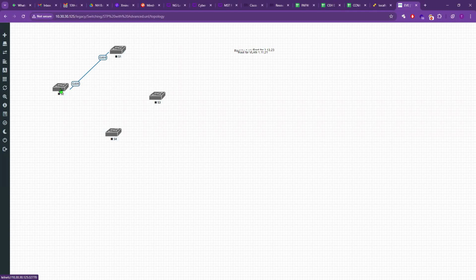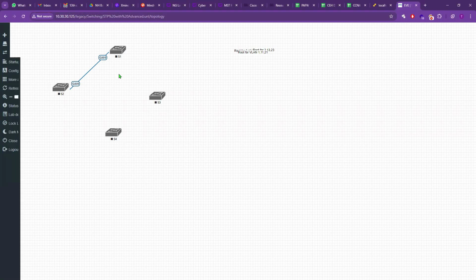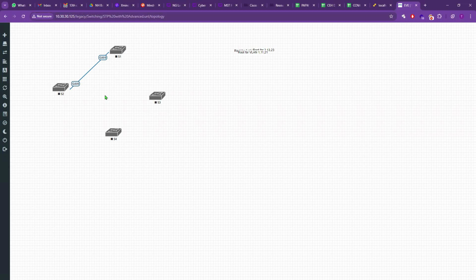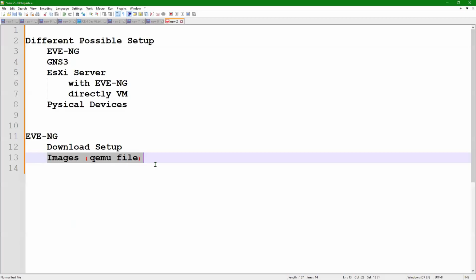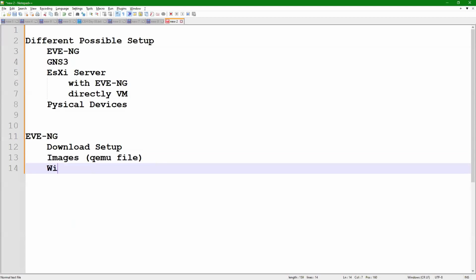Okay. So PuTTY is there, no doubt. PuTTY everyone has if you're using GNS3, or you can download it separately also. But from a different machine you want to access PuTTY. So here you require one extra setup that will connect with PuTTY. Getting it? So all that you will find in this client pack, Windows client side. First, download all these required things.